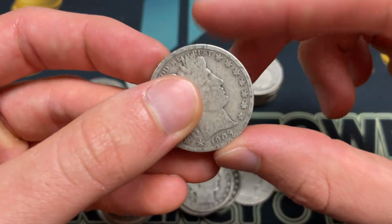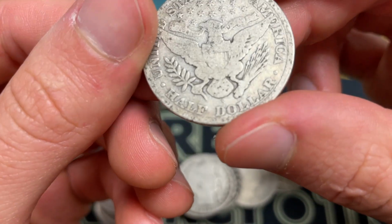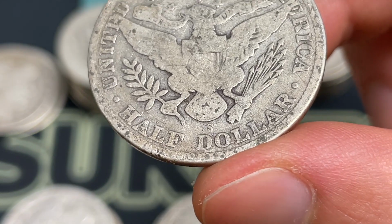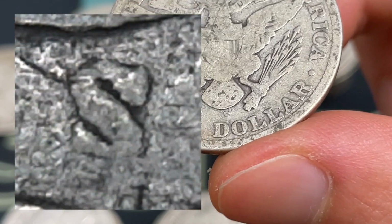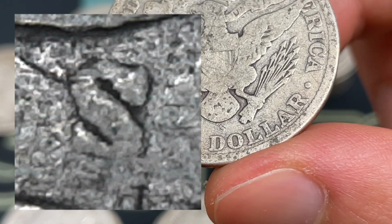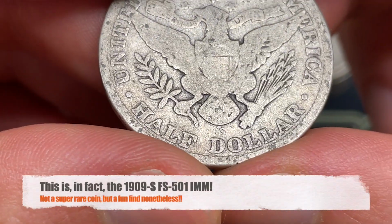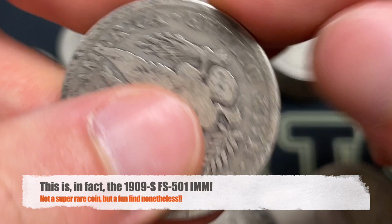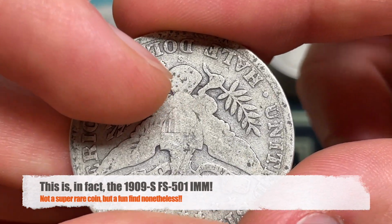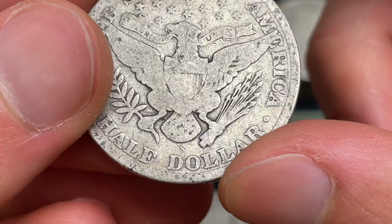That's fun, but also looking for some 1890s. Ooh, 1909 S, and we'll look for that. It kind of looks like the, well, I'm not totally sure. I'm not the best at actually distinguishing it, but tell me what you guys think. I would say that somewhat looks like the inverted S mint mark, because it looks like the S is flipped upside down. If it looked like that, that looks pretty normal, where you have the strong tail on the bottom. Here, you have the strong tail on top, the small one underneath,